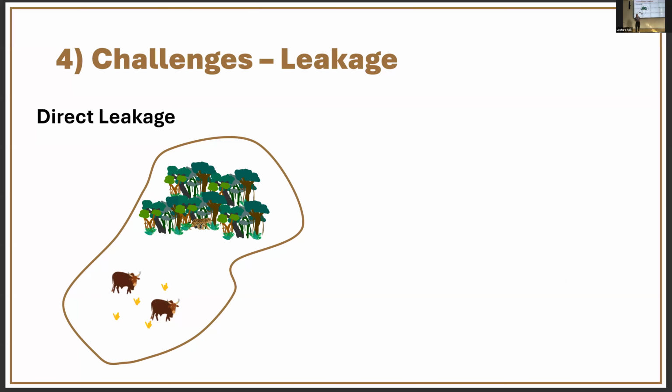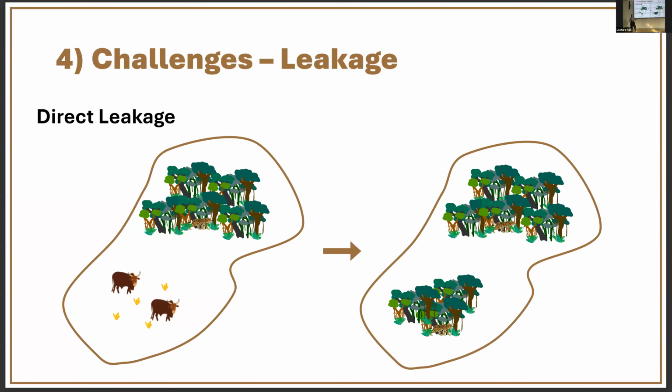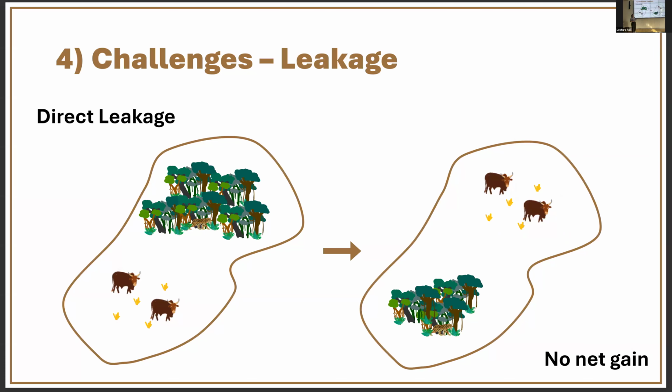In order to do that leakage bit, where we subtract for leakage, we need to have an estimate of how much leakage has happened. Now, leakage can be divided into kind of two rough camps. There's direct leakage, and this is where we have a situation where within the project area or nearby, leakage is happening. So for example, let's say a landowner has this lovely, beautiful farm here, and they have some grazing land, and they decide to convert that into forest to make money on biodiversity credits. But then, oh, well, maybe we'll cut down that forest and turn that into grazing land because we still need to produce cattle for making money.